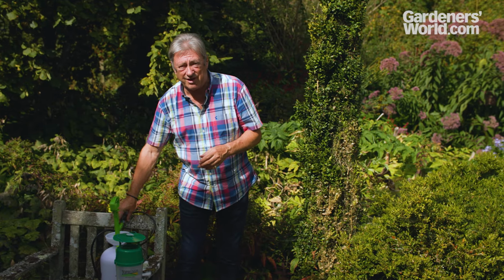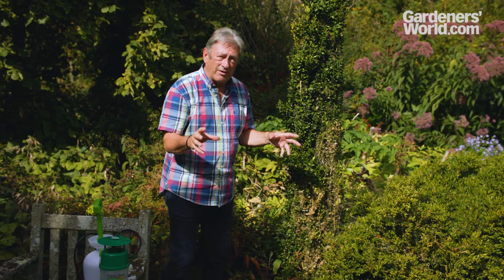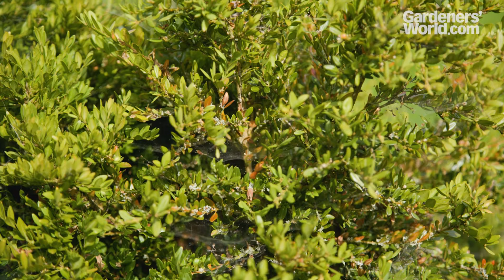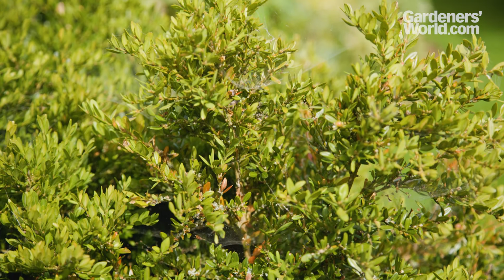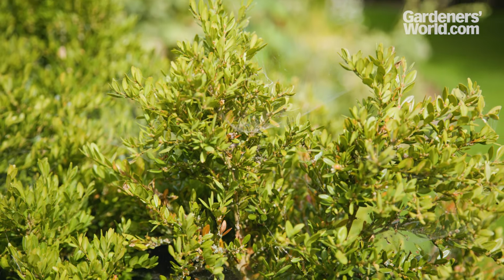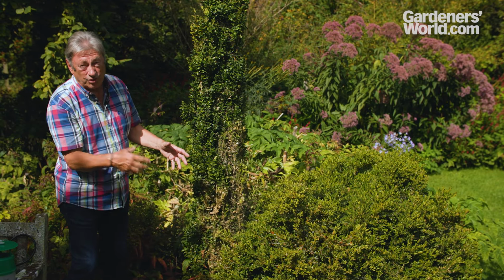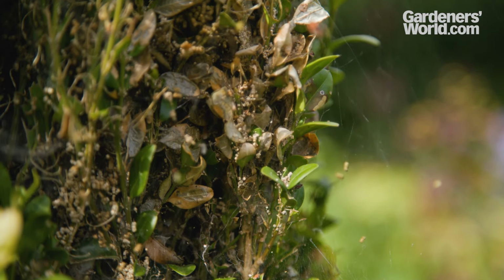Now, if you're clever or if you're lucky, you may find you're growing a variety or a strain of box like this one, which doesn't seem to get it nearly as much. Treasure it. Keep on with it and plant more of it and take cuttings of it, because sure as eggs is eggs, if you'll pardon that rather unfortunate pun, one day on softer varieties this will happen and they will